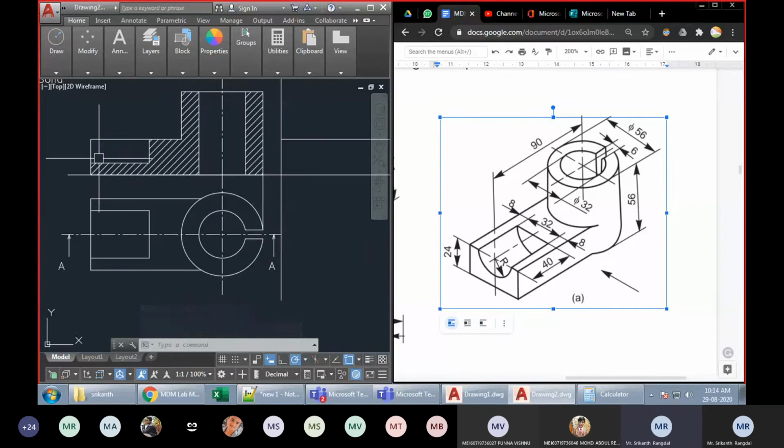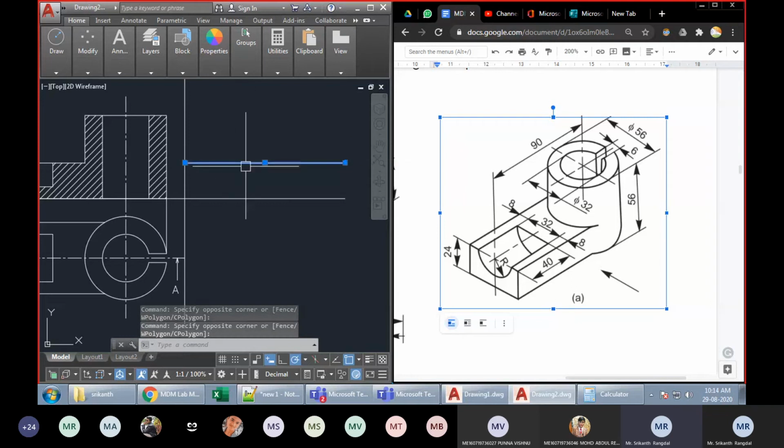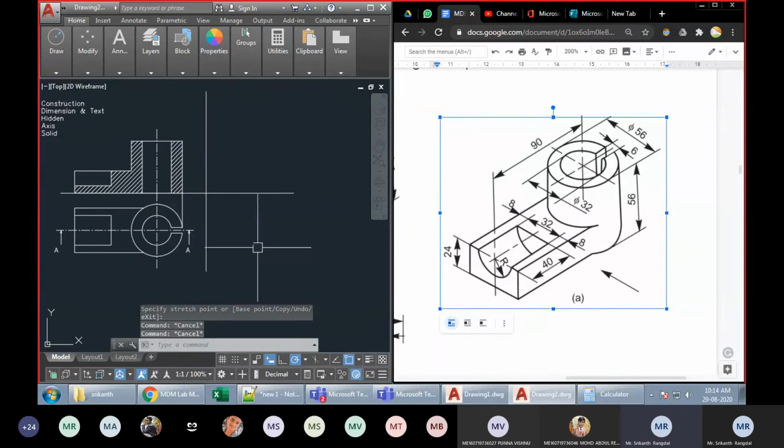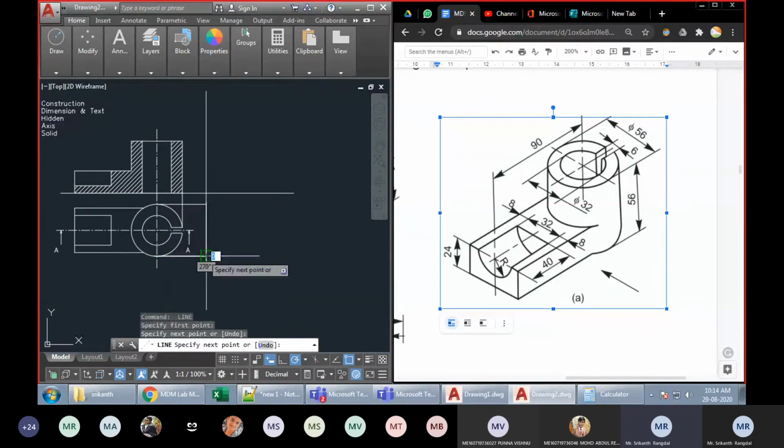Okay. So this is the sectional front view. If the question also asks you for the side view, most generally it will be the side view which you see from this side. If you see the side view from this side, of course, it appears on the right side, and in this area you will get the side view. Now, if you have learned engineering graphics correctly, you will know you can get the side view by getting the projections from the front view and the top view. Fine. So let's start drawing this side view.